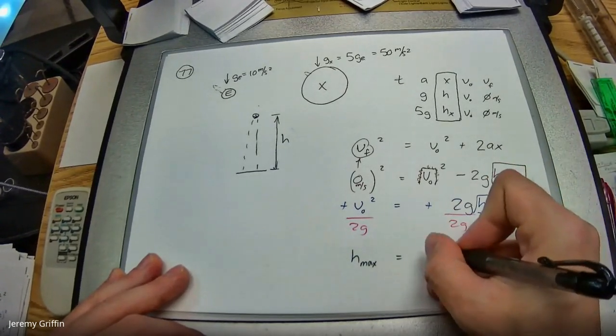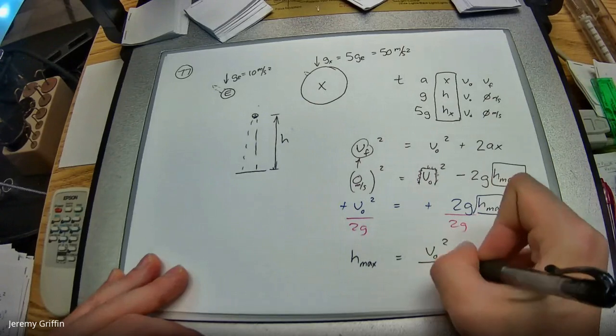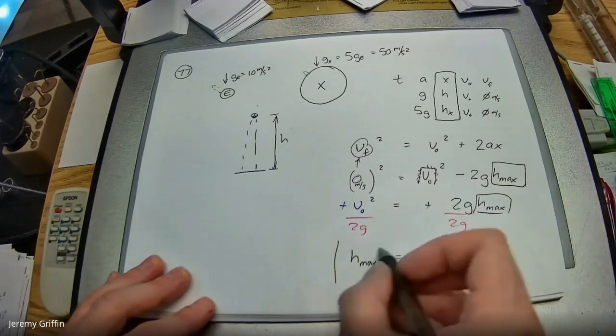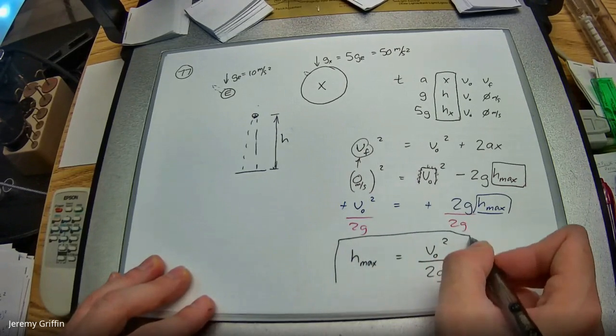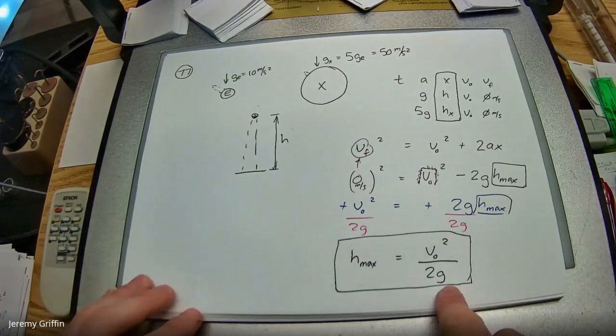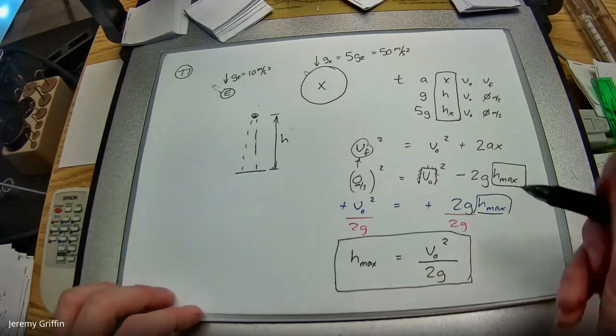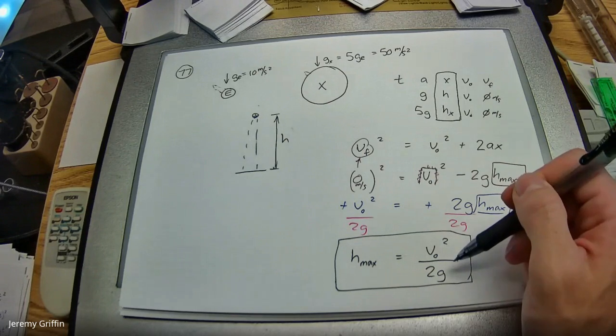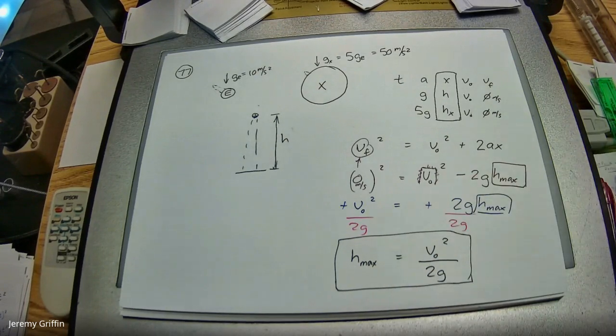And now what I've got is h max, and this would be on Earth. Actually, you know what? It's a general expression, so I guess it's true for any values that you plug in. We have an expression for how high you can throw something based on how fast you throw it, and also what planet you're on. So now I can plug in any throwing speed I want, any planet I want, and I can figure out what the maximum height's going to be. It's just a rearranged form of that third equation. But now we need to interpret it for this particular problem.